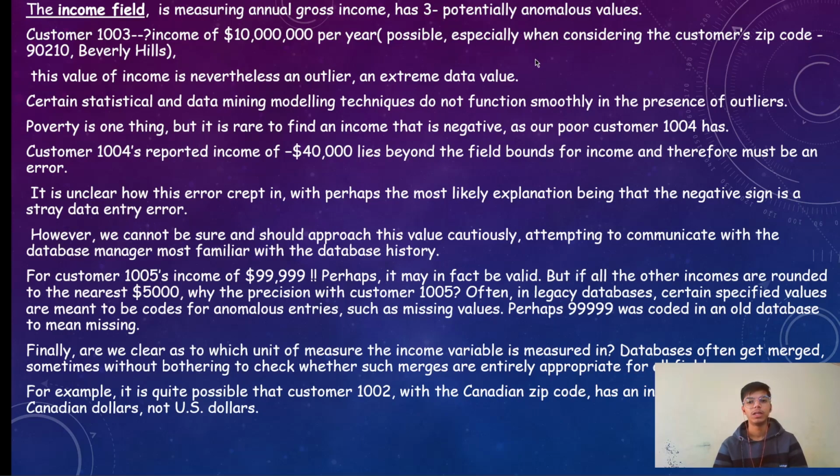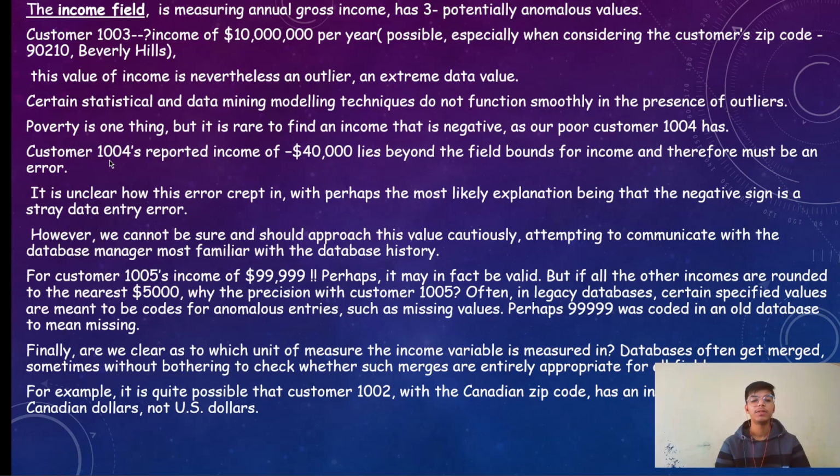This is possible, especially when considering the customer's zip code, which is 90210, Beverly Hills. This value of income is nevertheless an outlier, an extreme data value. Certain statistical and data mining modeling techniques do not function smoothly in the presence of outliers. Poverty is one thing, but it is rare to find an income that is negative, as our poor customer 1004